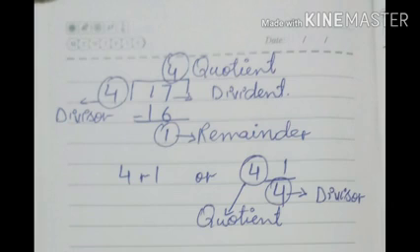After that, focus. If the numerator is greater and the denominator is smaller, then divide. For example, as we divided 17 by 4, we read the table: 4 fours are 16 and we got 1 as a remainder. You can write the answer as a quotient and remainder, or you can write the answer in mixed form as well. The whole number will be the quotient, your remainder will be the numerator, and the number by which you divide, the divisor, will become the denominator, if you are supposed to write your answer as a mixed number. I hope you get it.